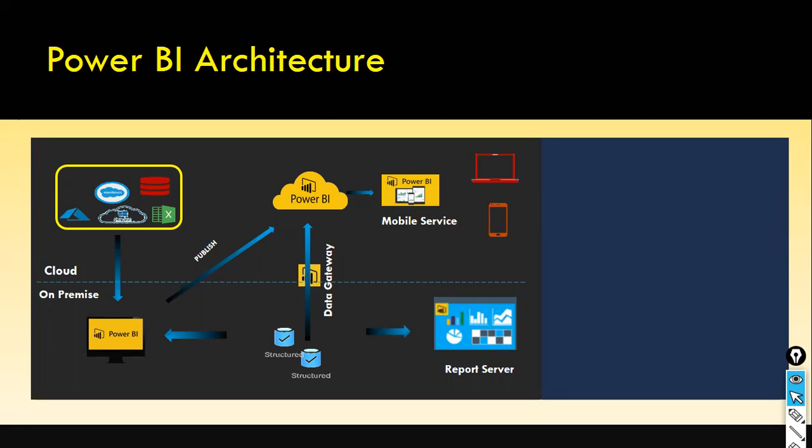There are two sides of Power BI. One is the on-premise, the other one is the cloud. You can see the dashed line here. Just beneath this, you can see on-premise. Here you can see the cloud. What is cloud? Cloud is a virtual server. We know very well that the servers are bought and maintained by the cloud service provider. You don't have to buy an expensive server.